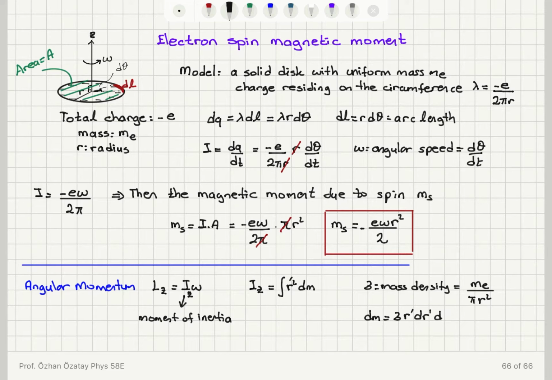So let me make it clear here. r prime d theta is the arc length, multiplied by dr prime, gives me the area element. So this is basically sigma times dA. So I can show it here on this disk. You go to, this is your total radius